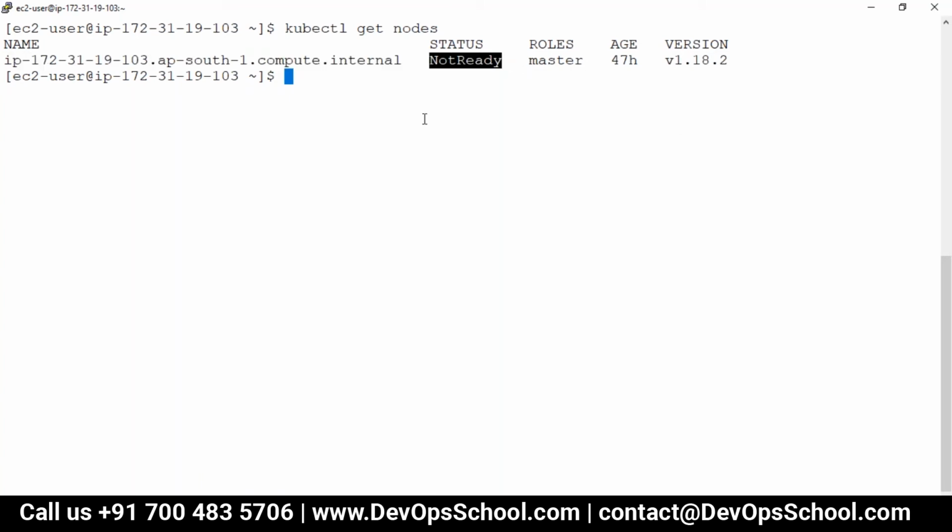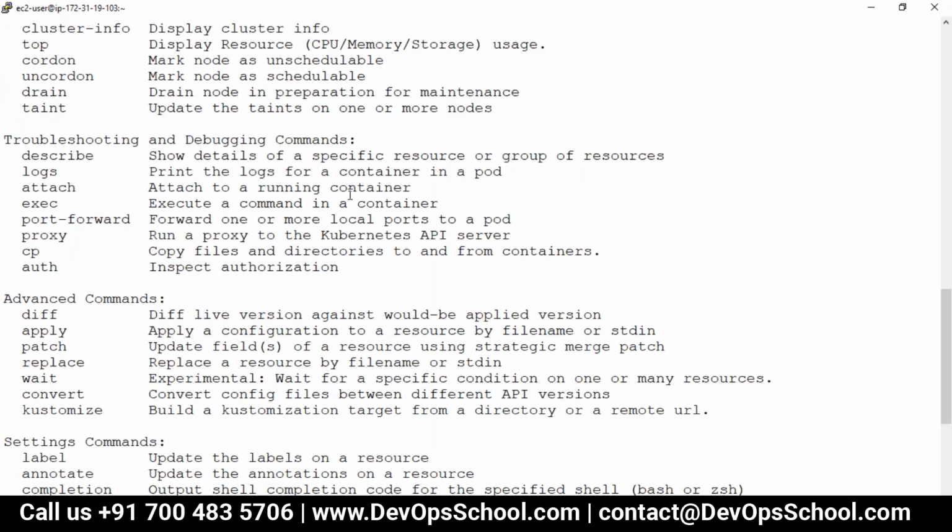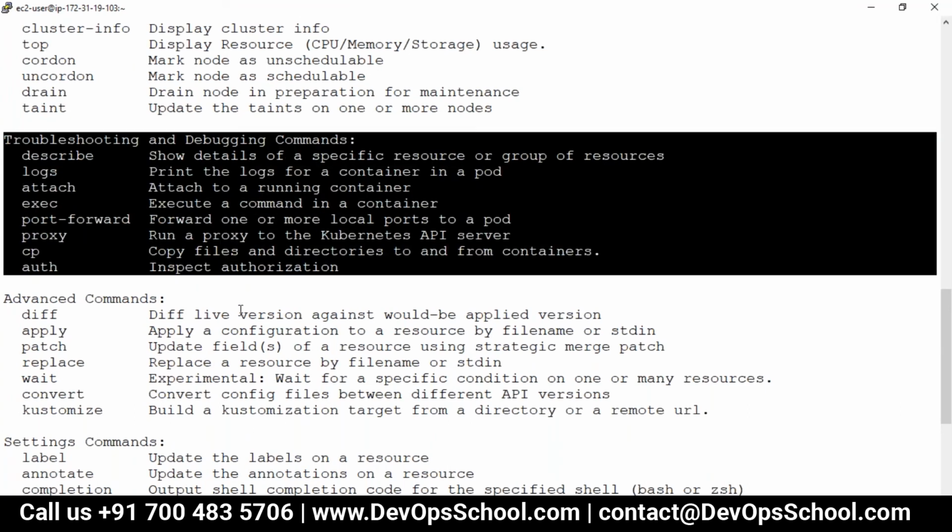So guys, if something is not ready, then what should you do? You have to run the pods, then only it will be ready.